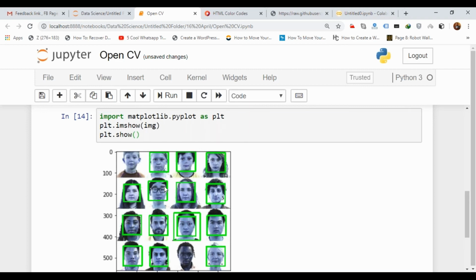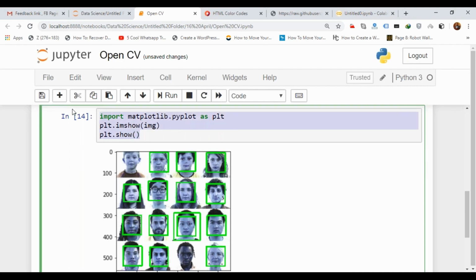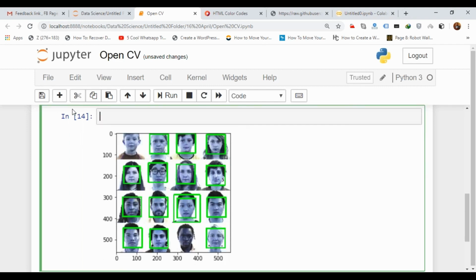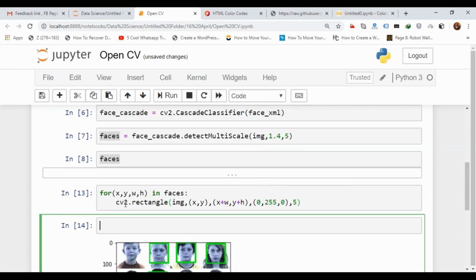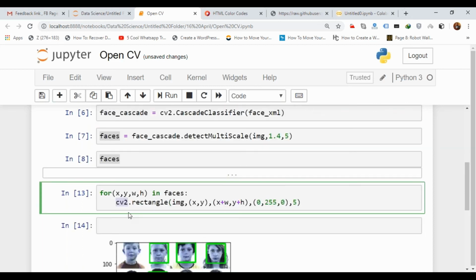It is looking like a bluish color or something. Why? Basically, the default image that we see is in the form of RGB, but here it has been converted in the form of BGR. That's why all the faces are looking blue. So we will not use this code for displaying the image. For displaying the image, we will use the function from CV2.